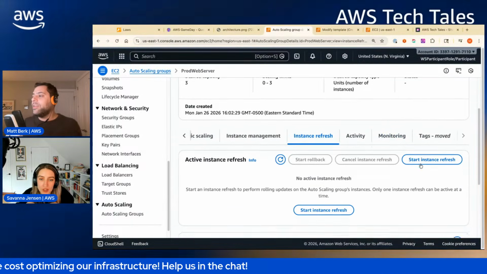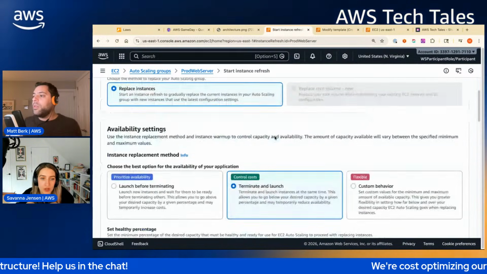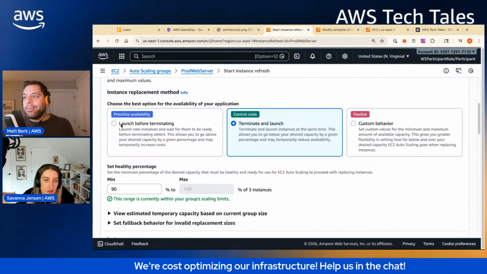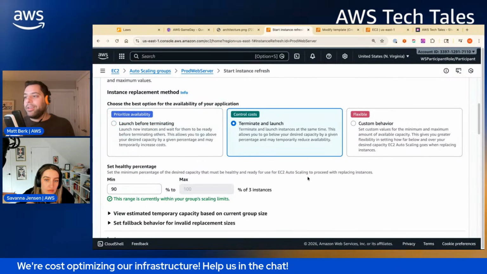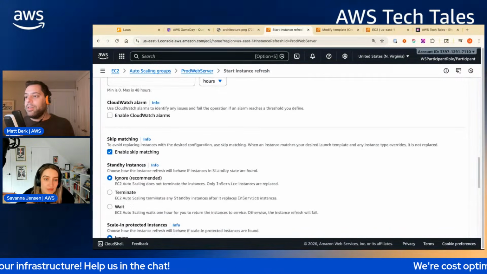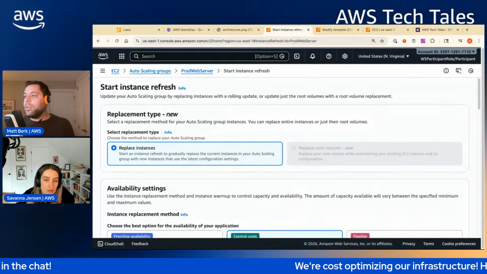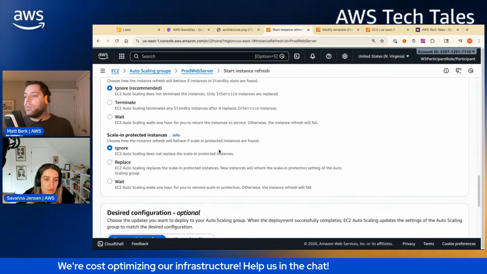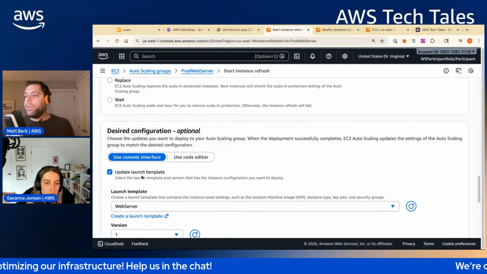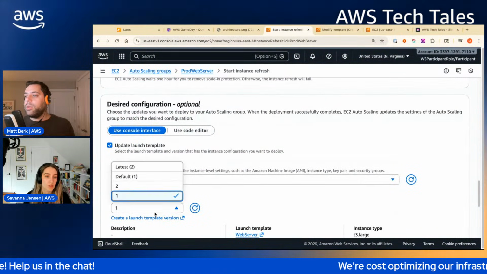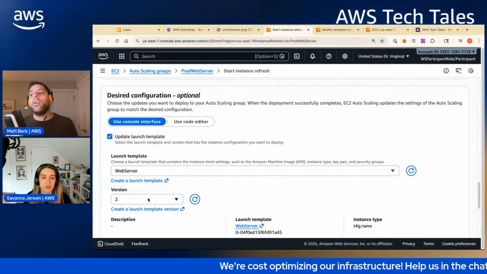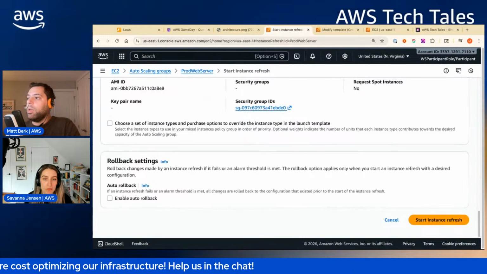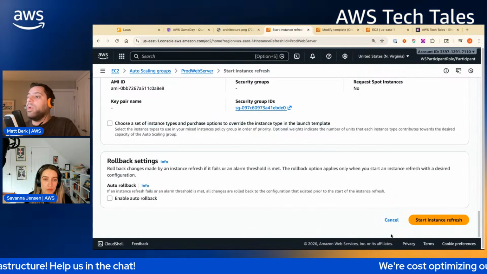Don't we have to plug in the new launch template too? Yeah, but we can do that from here. Okay, perfect. So normally I would say launch before terminating, but we're trying to speed things along here. Update launch template. There we go. And then I can go to version 2. So this is hard coding it. You can always do like the latest or default or whatever, but I'm hard coding it. And you can also always override if you wanted to, but I'm not going